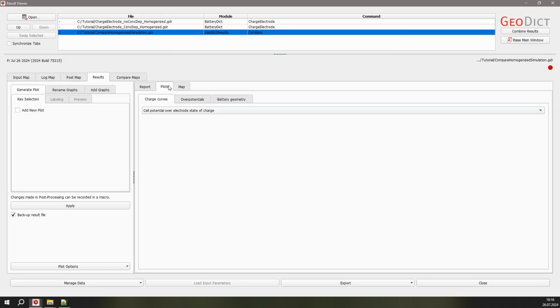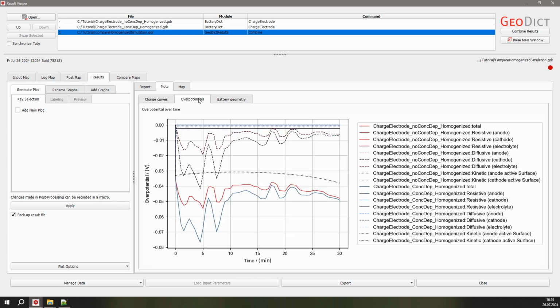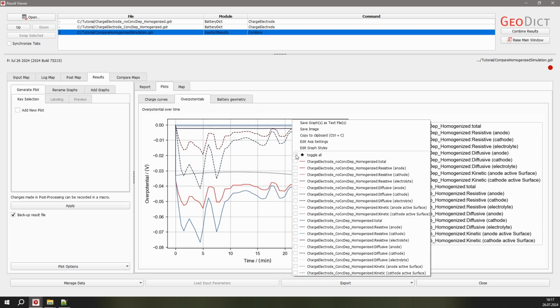In the Plots tab, we can see that the cell potentials differ. Have a look at the overpotentials. Here we can see that the diffusivity in the cathode is different. Right-click in the plot, uncheck Toggle All, and select the two diffusive cathode plots.